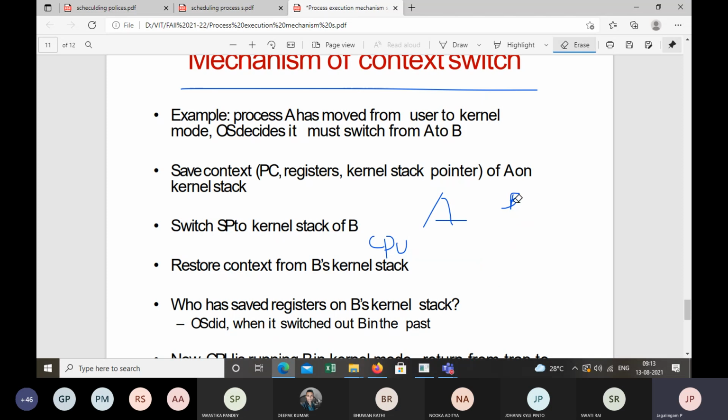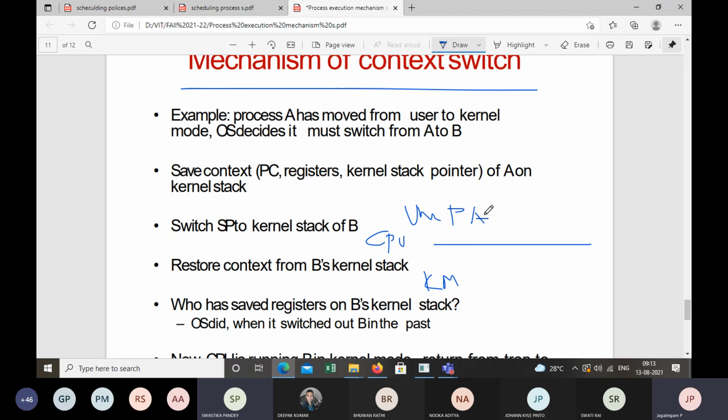Okay, all right. So let me ask you some questions and then we'll go one by one. Now we have a CPU and a user program, user code, that is process A. This is user mode, and we have process A, and this is kernel mode. Now, if process A makes a system call, what does the CPU do? It changes from user mode to kernel mode.